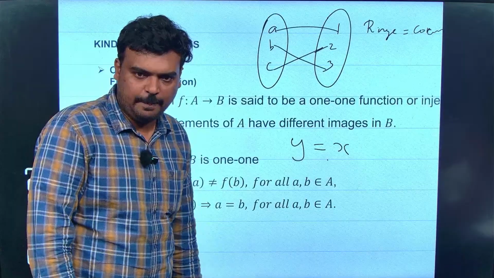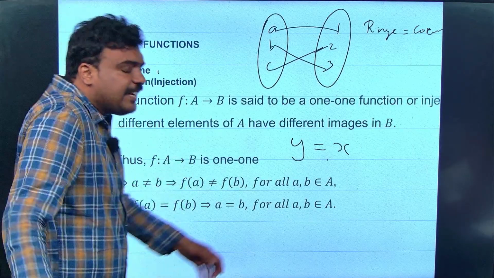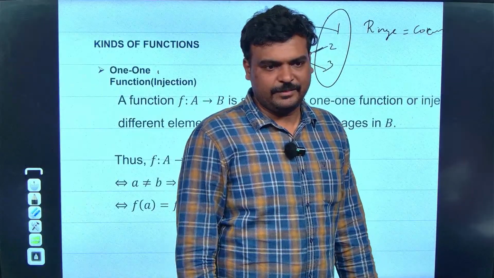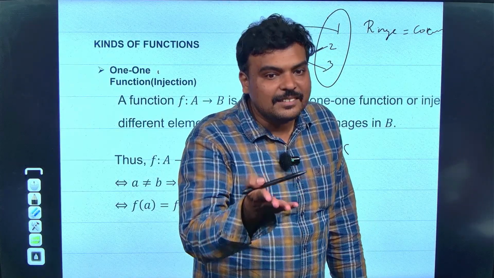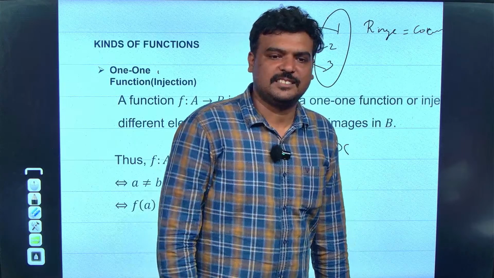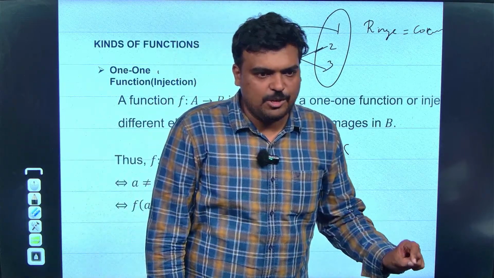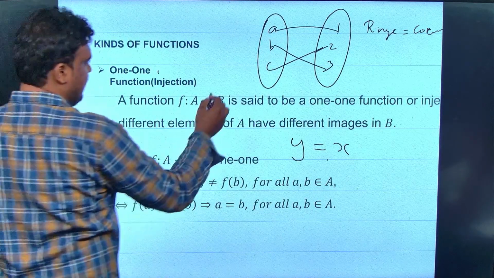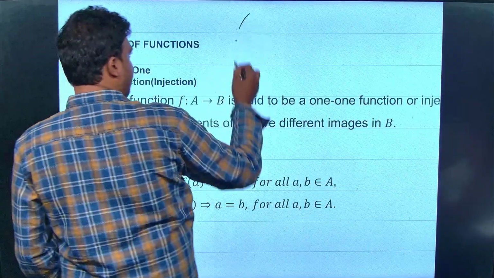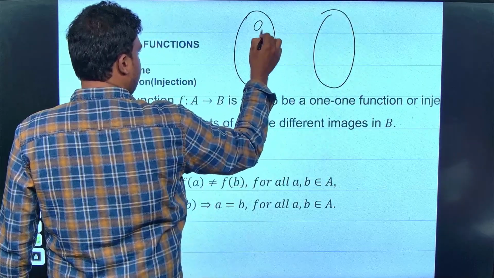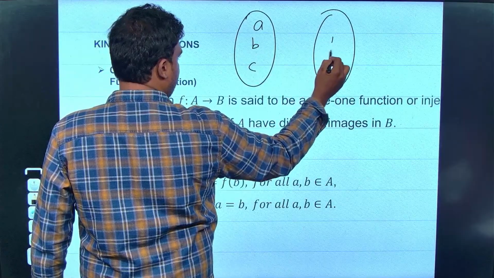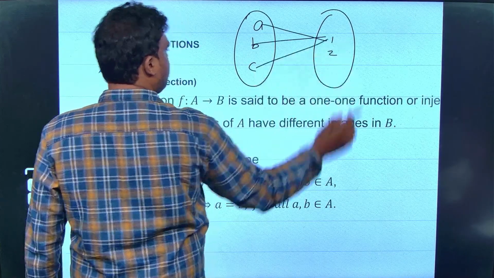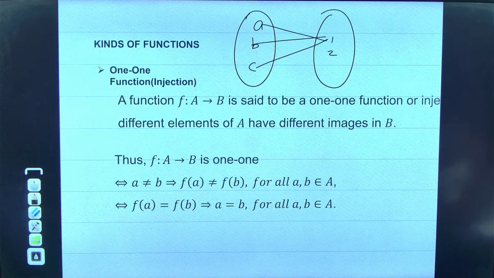முதல்ல கான்செப்ட் புரிஞ்சுக்கலாம். Okay. Next, if it is not a one to one function, then we can call it as many to one function. If a function is not one to one, we are going to call it as what? Many to one function. See, let me draw a function. Okay, A, B, C, 1, 2. Guys, whether it's a many to one function, right? இது ஒரு many to one function தானே? Okay.